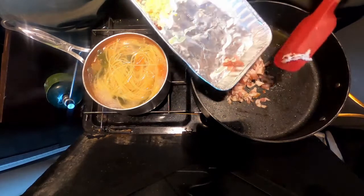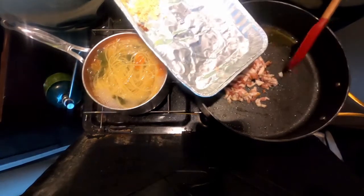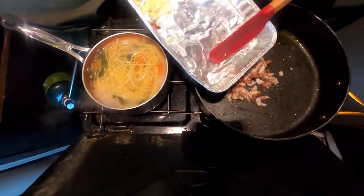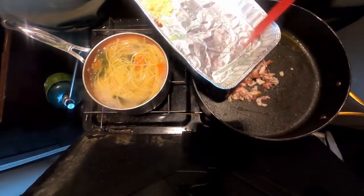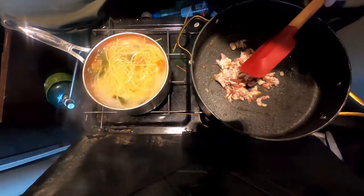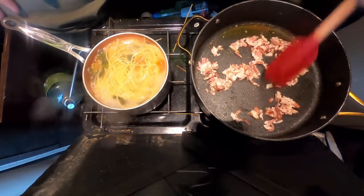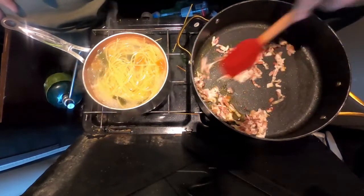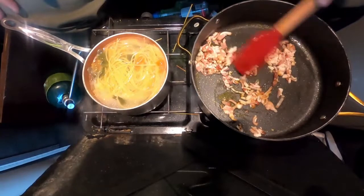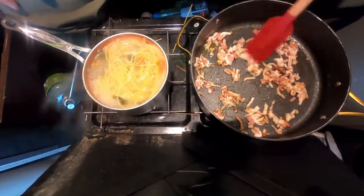Don't want to put my garlic in yet, just want to put the bacon in. Get every little bit of bacon I can. All right, so now the bacon's in, and we're gonna start cooking it down, rendering it, getting some nice flavors out of it. Mix it around, let it cook,